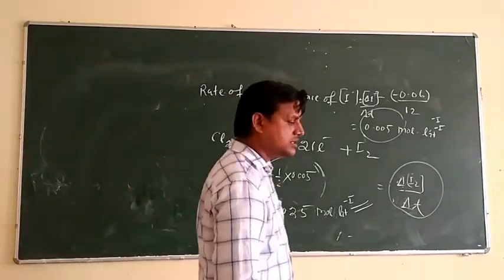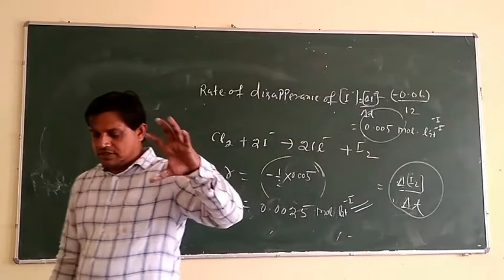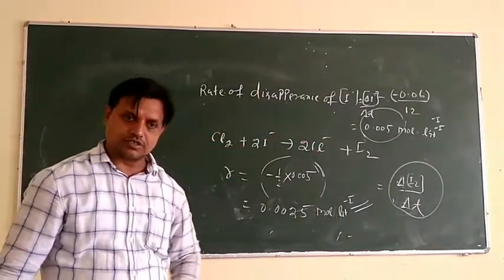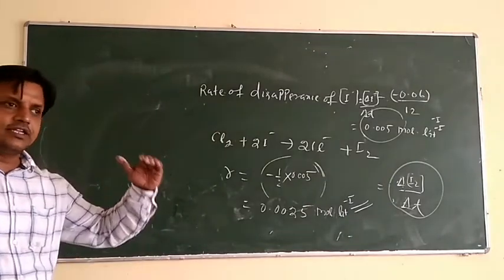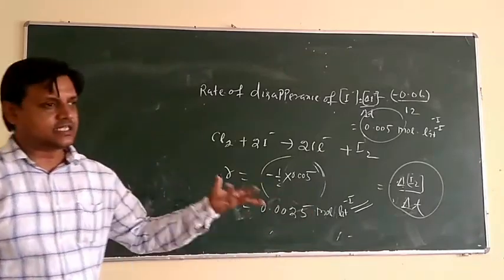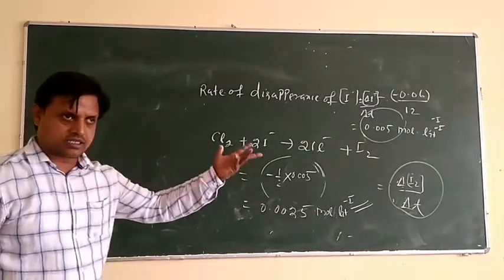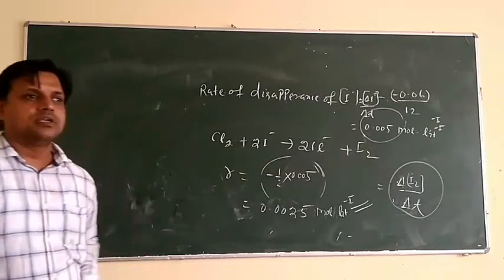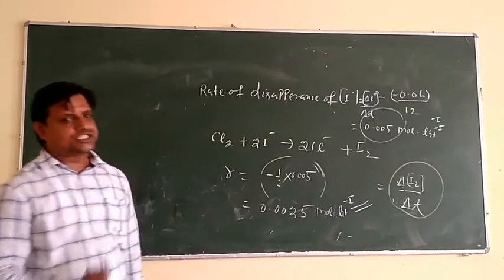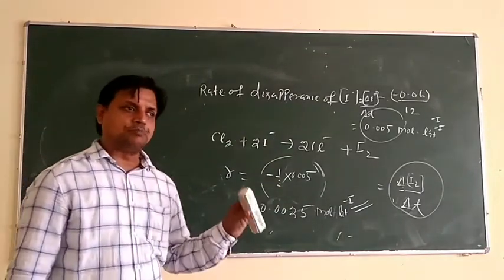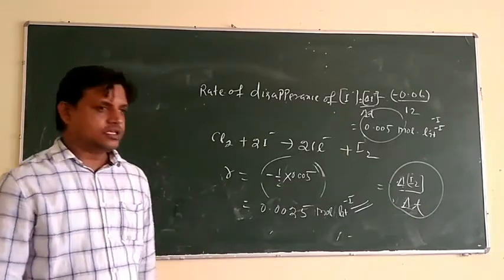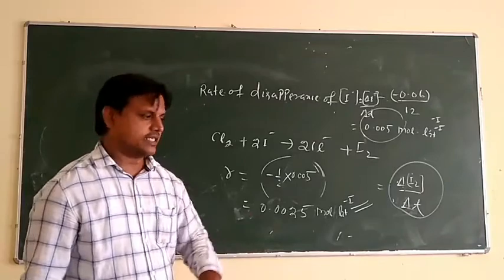Okay, next. We have discussed how we can measure the rate of a chemical reaction, the graphical representation of the rate of a chemical reaction, what is average rate, and what is instantaneous rate. We have solved some numericals. Then we will discuss various factors which can affect the rate of a particular chemical reaction.